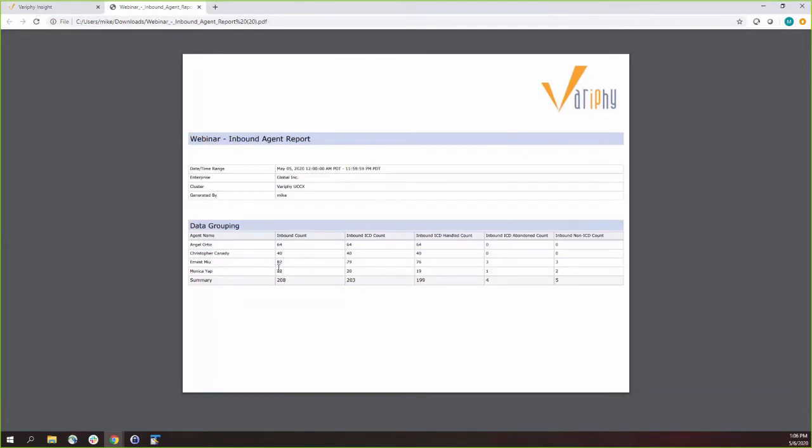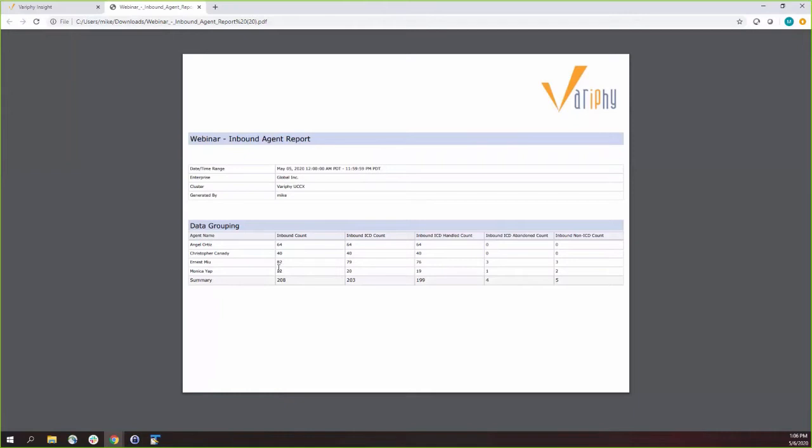Maybe she's in training, maybe she's new to the company, maybe she only takes over the phones when someone's on lunch or on break, or maybe she's just not doing her job, not answering calls. So a report like this can at a glance tell you who's answering what, how many times they're answering it. And then from here, we can further customize the report and answer the second question that we